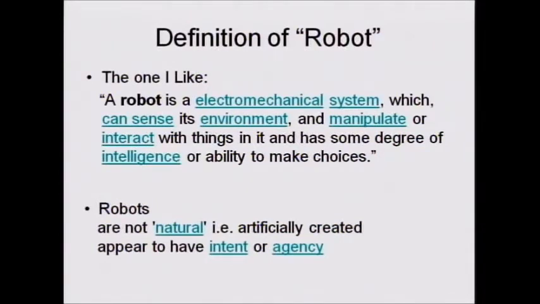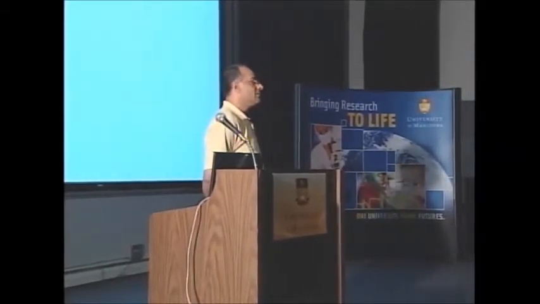The robot should be artificially created. You have to be sure that robots have certain intent or agency, and I will discuss this one a little bit more. What do we mean by intent and agency? The definition of an agency that I found is called aim and power. So any system that can give you the impression that there is an aim and a power inherent to that machine, then to a certain extent you can relate it to robotics.